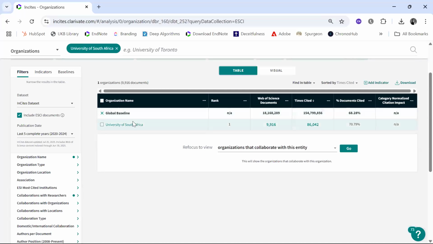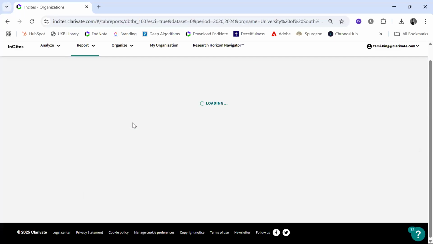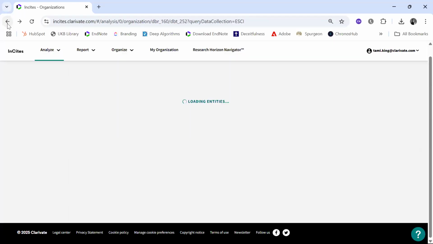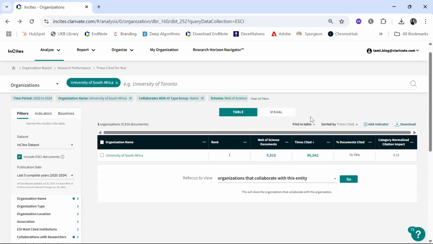Then I can delve a little bit further by clicking on my institutional name. So let me just go one back. I'm just going to go one back. So I could go a little bit further, and then just on my citation topic,